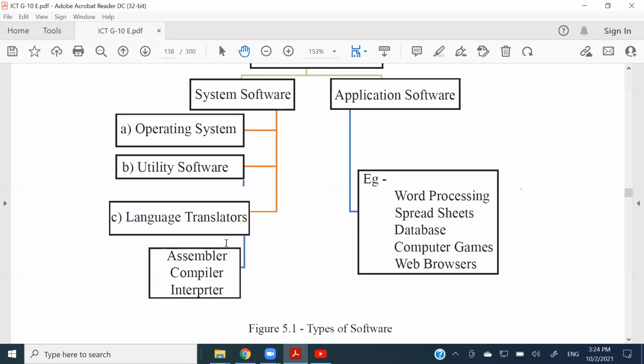So these translators are there to translate the English words we have written in the program into ones and zeros. Then the computer can understand what instructions are given by the programmer to be executed inside the CPU, right? That is what you call language translators. So three types of system softwares: operating system, utility software, and language translators. Is it clear, people, about the categorization of the softwares?